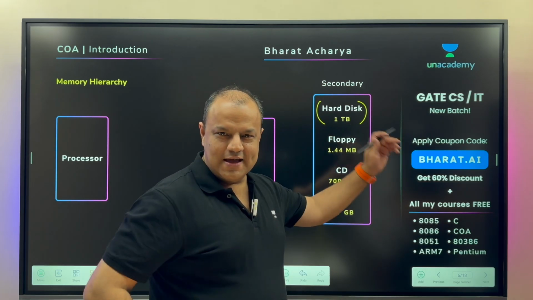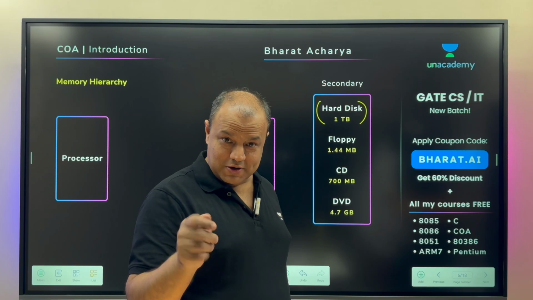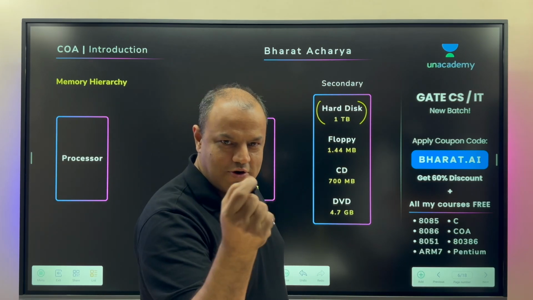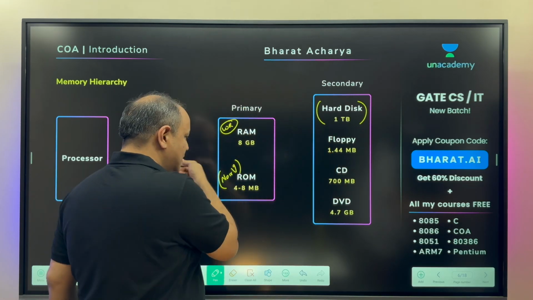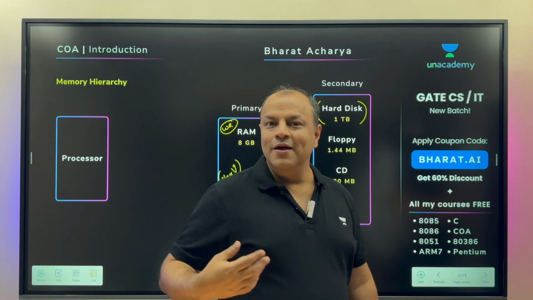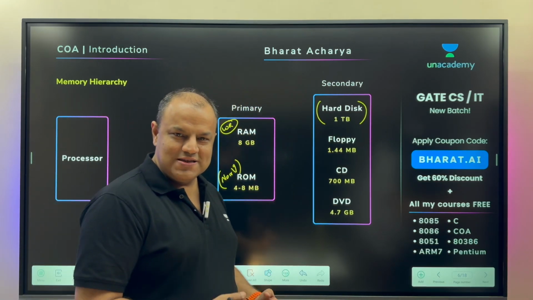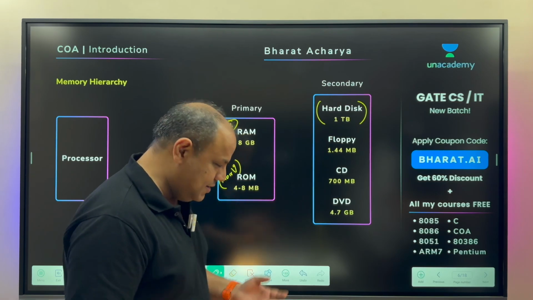No movie is directly played from the CD. Yeah, you have put a movie in the CD, you put it in the drive, you think you're playing from the CD. No, you're not. The movie gets copied into the RAM. The operations happen on the RAM so that the operations are fast. So let's go one step deeper, closer to the reality.